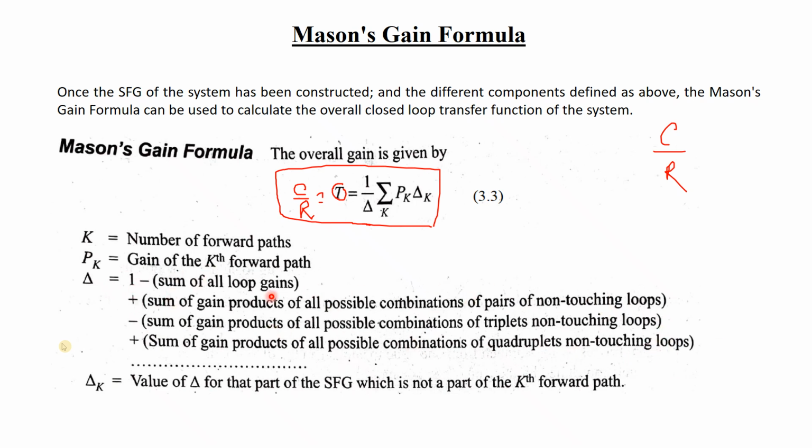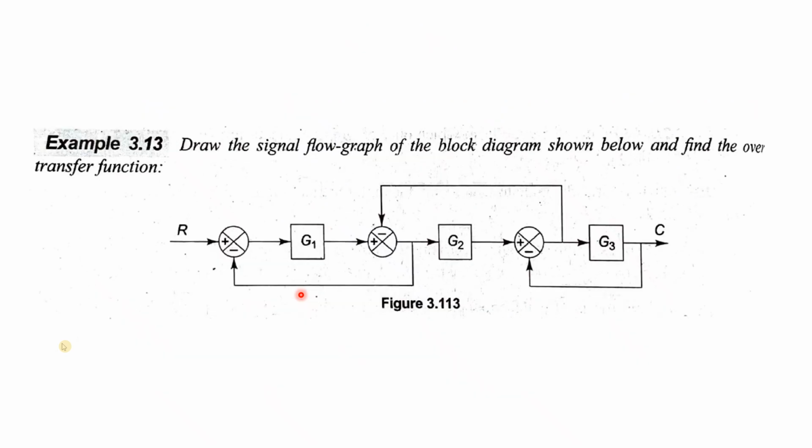अब डेल्टा जो है, delta is a little bit longer. This you have to calculate. यहाँ पर लूप के बारे में है. This is all our loops. So delta is all our loops. Delta is 1 minus sum of all the loop gains. That means suppose there are 3 loops. In our case we have 3 loops, loop 1, loop 2, loop 3. Okay, so we will add all the loop gains.